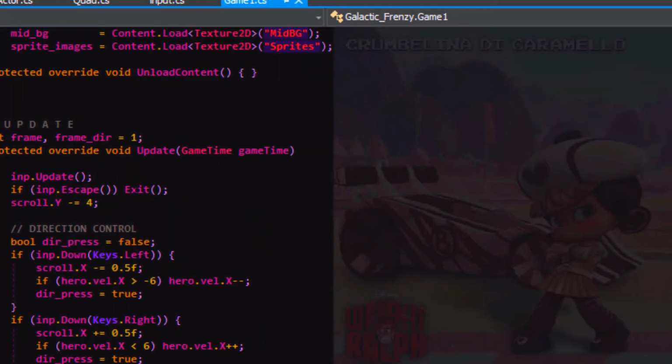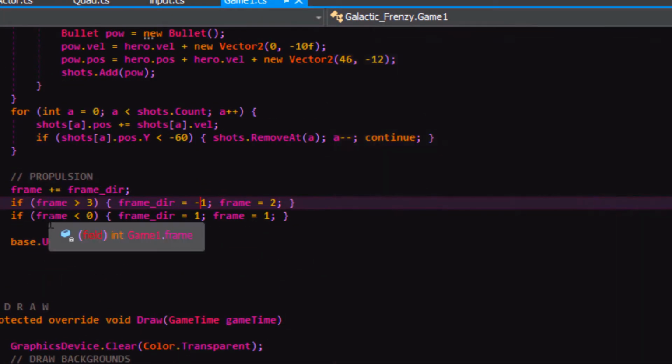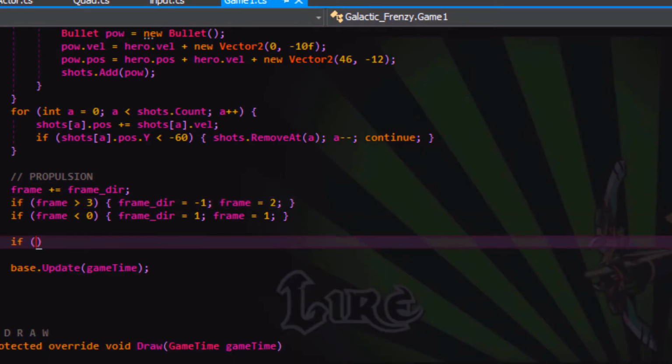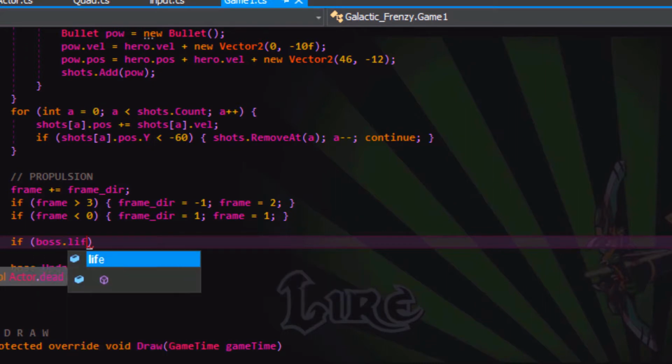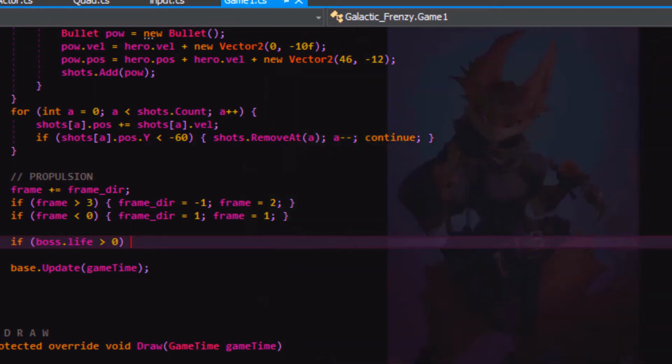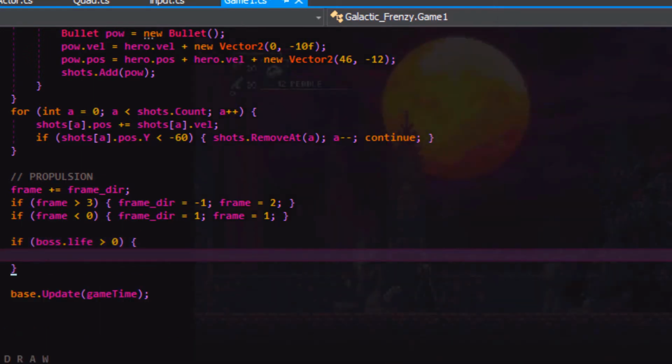If we go into update, let's bring in the boss and have the boss come on the screen. We'll go under propulsion here, and we'll say if the boss is alive, like if boss's amount of life is greater than 0, so maybe not necessarily dead, maybe he's in the middle of blowing up. If he's blowing up or something like that, we don't want to process the AI logic. He's just going to kind of stay put. So we'll say if the life is greater than 0 instead of checking to see if he's dead.